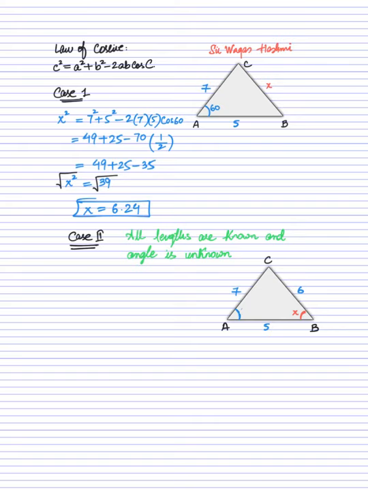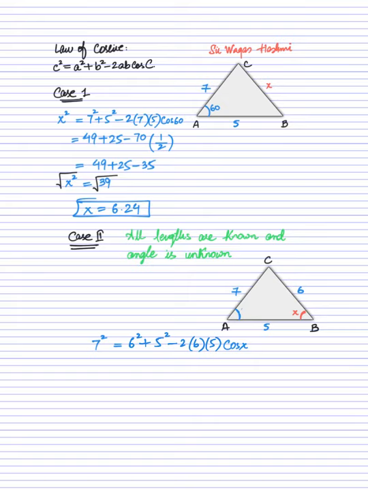So first thing, we are going to pick the angle, and the angle in this case is x. So I will write cos x. On the left side of the equals sign, I will write the side that is opposite to that angle, and it will be 7. So I will write 7 square, because we are going to write all the terms in this format. The remaining two sides are 6 and 5. So it will be 6 square plus 5 square minus 2 times 6 into 5 into cos x.